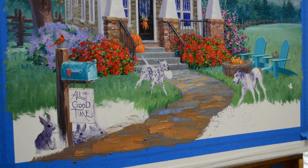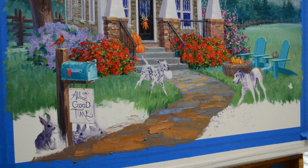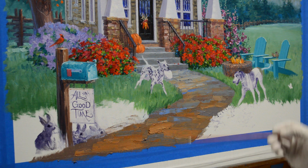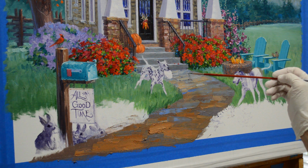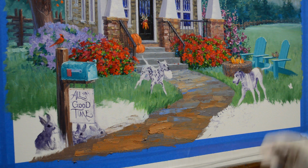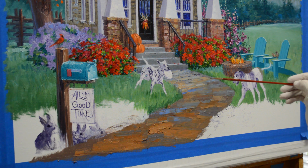Now I'm going to be adding the little crevices and cracks into this slate floor. I'm using a mixture of my mud plus liquid, and again the mud is 2 parts of ultramarine blue and 1 part of alizarin crimson. And I'm just using a fine brush. Now I don't want to just outline each and every piece of slate. So I just kind of go along here and there, because I don't want it to be real outliney. I just want to give the impression of these